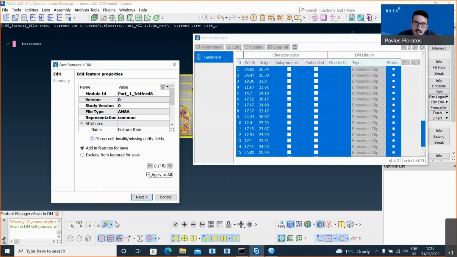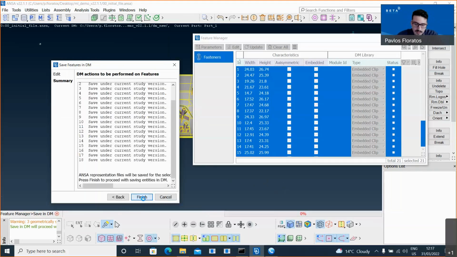So we recognize the unique instances, and we save only one instance of every fastener. And this is good because, first of all, your DM is smaller, and secondly, you have the possibility to recognize similar fasteners in future files that are not completely the same as the ones that exist in the DM.